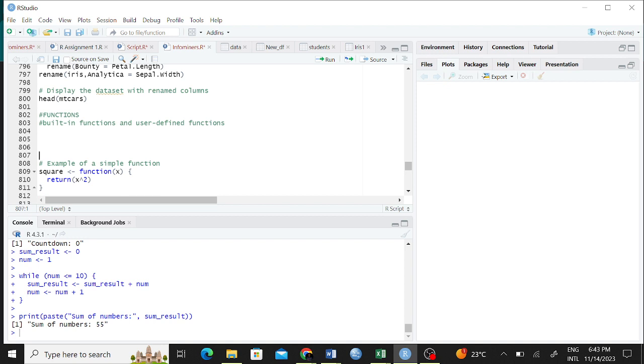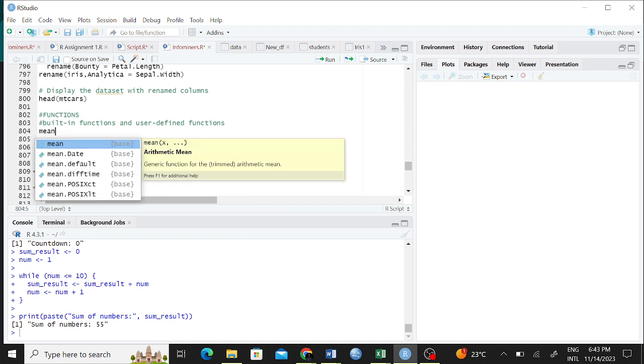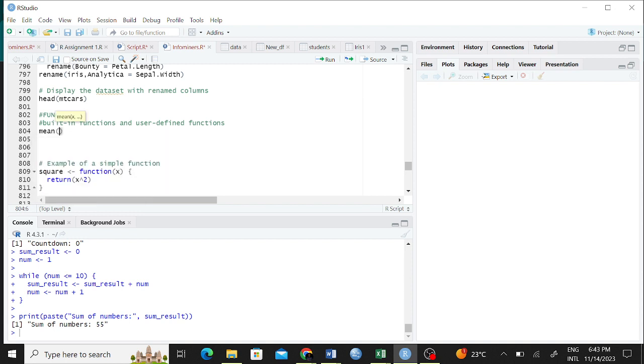So for example, when you talk about calculating the mean of something, it's a function that has been programmed. What you are doing basically is just calling it to action every time, right? Let me get the mean of 1, 2, 3.